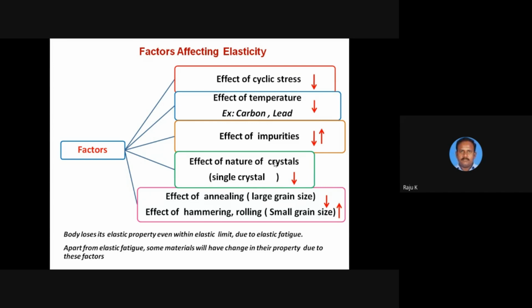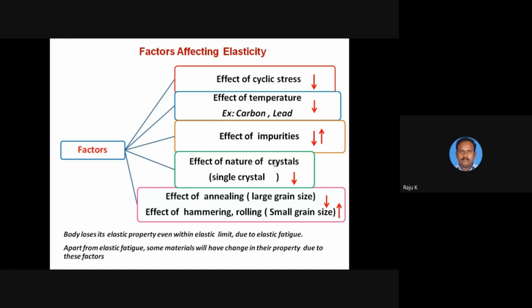During the annealing process, when you are cooling down very slowly and gradually, all the atoms and molecules will go and occupy their positions in a perfect manner to form a large-sized grain. Am I right? That is the domain, in which all the atoms or molecules have a similar orientation. In such a case, the elastic property will be decreased because they have a high